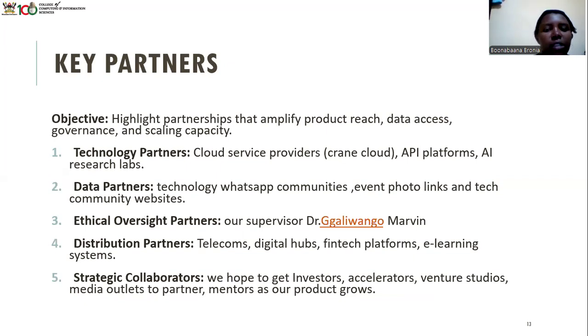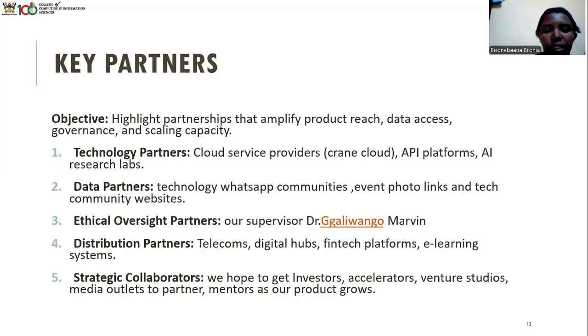Key partners, technology partners: we use Current Cloud to deploy the UI part of our product. And then we managed to come up with API platforms like Docker, and then research labs, then data partners, because we believe we could work with tech communities and event organizer communities to come up with more data or get more feedback from them.